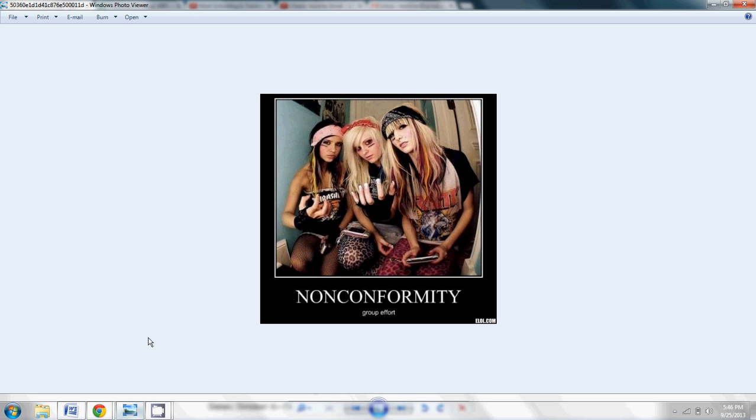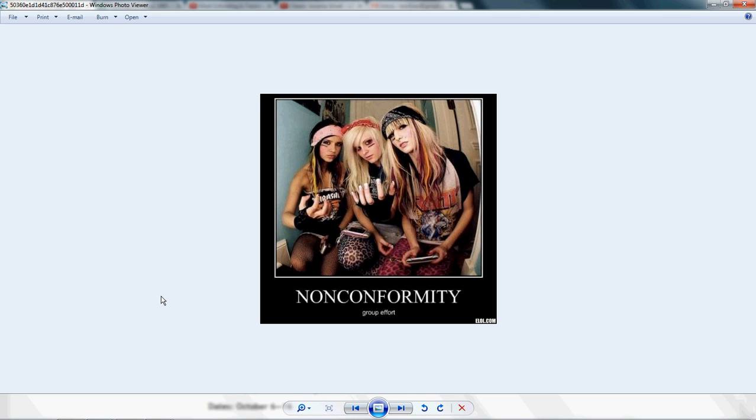I pulled some images from the internet about conformity and non-conformity, sort of random images, but just things that show ways that conformity and non-conformity, or conformity and rebellion, are used to influence how we act in the world, the things we purchase, the things we consume, the people we hang out with. I thought this one was kind of funny. Non-conformity is a group effort. It's really a paradox that when you are rebelling, you are actually conforming with someone else's ideas. This next picture, let's see if it will pull up here.